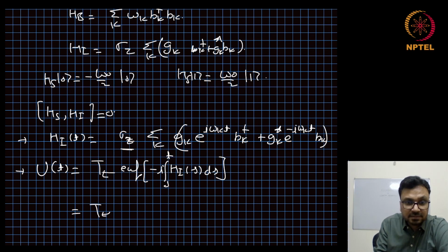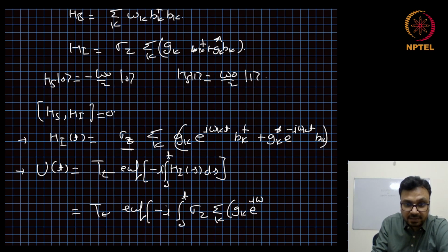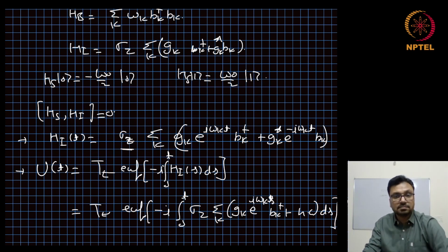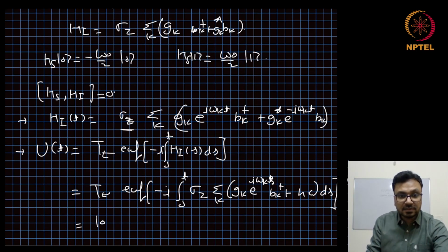That will be exponential of minus i integral from 0 to t of σ_z sum over k of g_k exp(iω_k s) b_k† plus Hermitian conjugate ds, and this can be written as |0⟩⟨0| tensor U_0(t) plus |1⟩⟨1| tensor U_1(t),